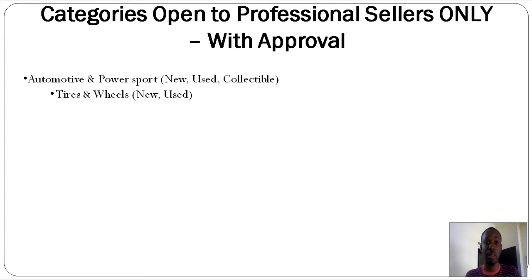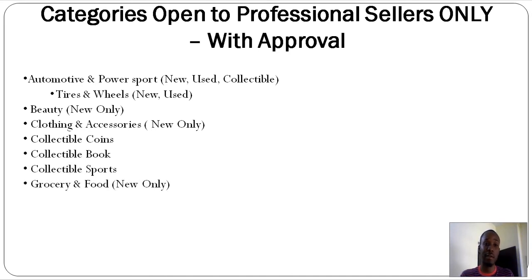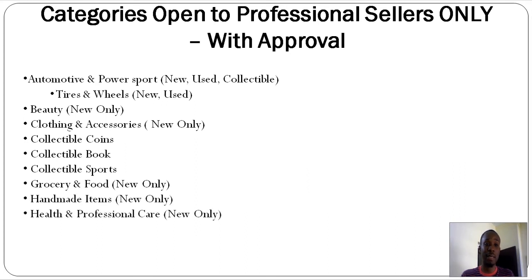Automotive and powersports, and I'll put the condition in brackets, but I won't be reading out the conditions. You guys can go ahead and read the conditions for yourself, or if you want, you can pause the video and write it down, or rewatch the video when I'm through. So on the automotive, you have tires and wheels. Then you have beauty products, you need approval. Clothing and accessories, then you have collectible coins, collectible books, collectible sports memorabilia and stuff, and you have grocery and food, handmade items, then there is health and personal care,